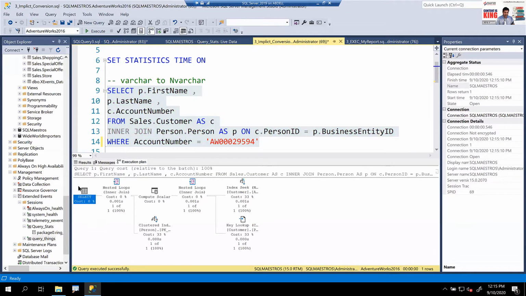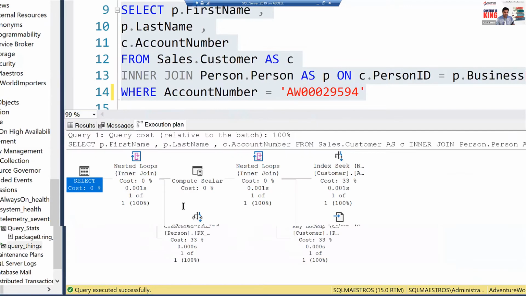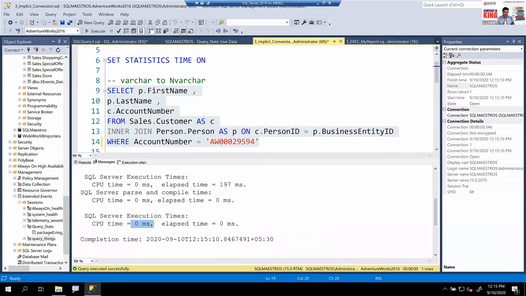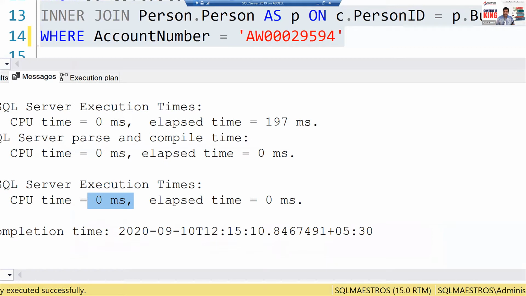Now you can see that the select operator seems to be playing all nice, no warning symbols. Let's go back to the messages tab and see how much time it has taken. Now you can see the total execution time in milliseconds is 0. It's not literally 0, but the whole idea is it is negligible, which means 766 milliseconds were really being consumed by the CPU to figure out this implicit conversion.